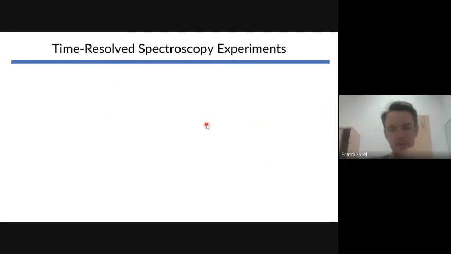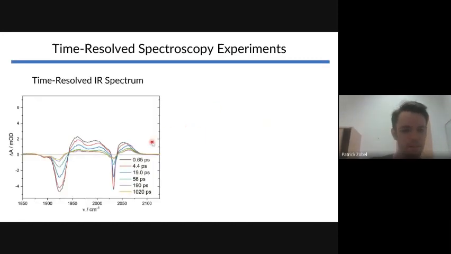Now, our collaborators in Germany who studied the system experimentally also did some time-resolved spectroscopy experiments, for which our calculations also seem to be in alignment. For example, they did time-resolved IR spectroscopy. Basically, you see here some negative peaks, which represent the CO frequencies of the ground state, and then you see some positive peaks, which represent the CO vibrations in the excited state. And you see, when you excite at some point,